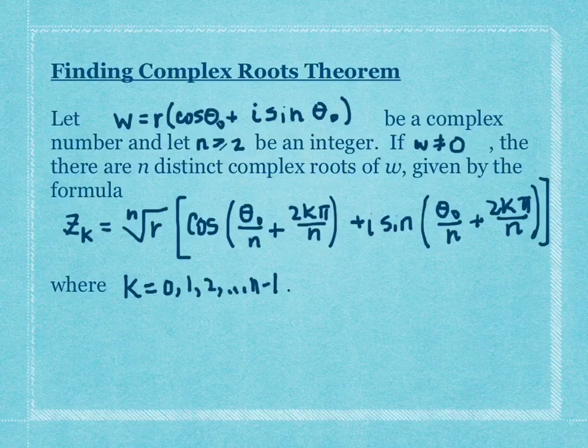So we're going to take an example of this complex number system, and we've just decided not to use 8. I'm using something a little bit more general. We're going to use actually a complex number, but let's take a look at this formula and see what we're going to be doing. So you're going to be taking the nth root of whatever the r value is. You notice that you've got an angle theta 0, and it has to be divided by n. And then you've got